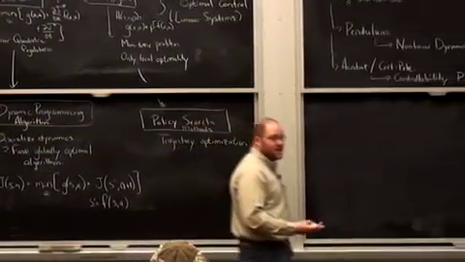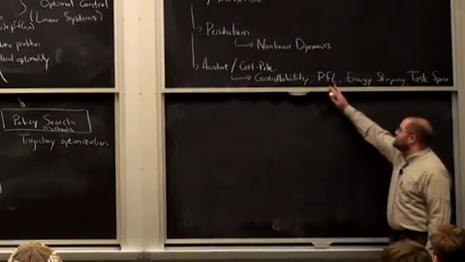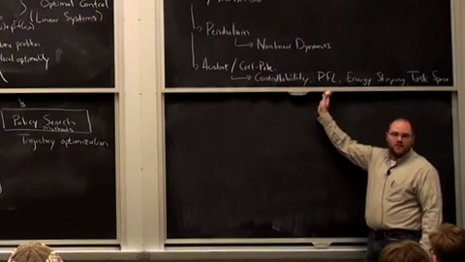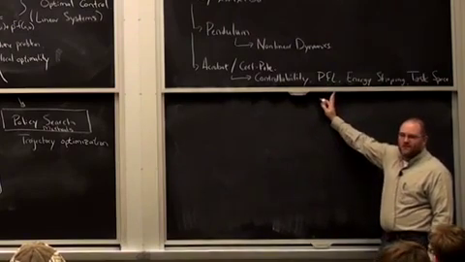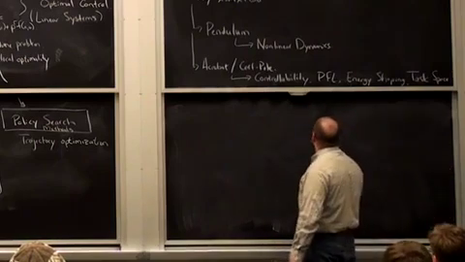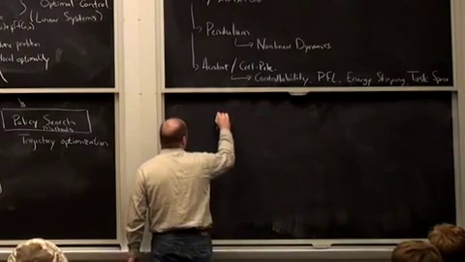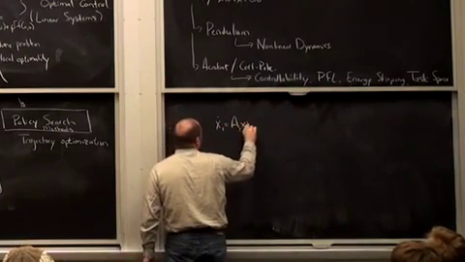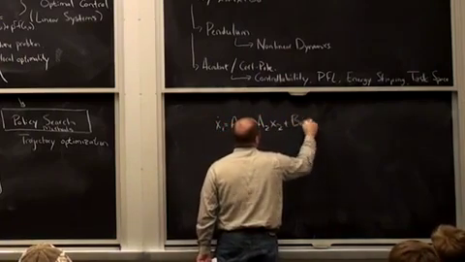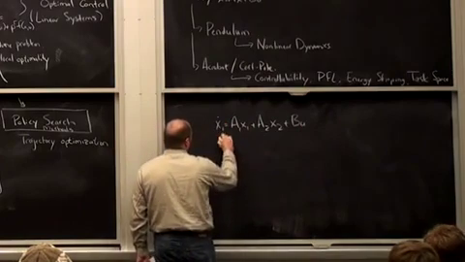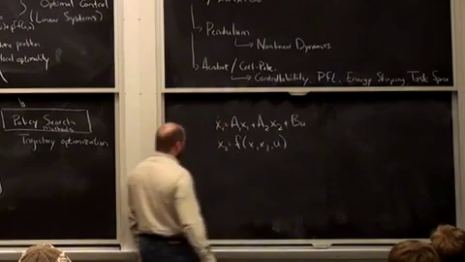Research questions that you could be thinking about for your final projects, right? So for instance, we used partial feedback linearization to at least linearize part of the dynamics of the system, right? So this is wild speculation here, but let's say I have a problem that I could then describe as x1 dot is a1 x1 plus a2 x2 plus bu, and then x2 dot equals f of x1, x2, u,